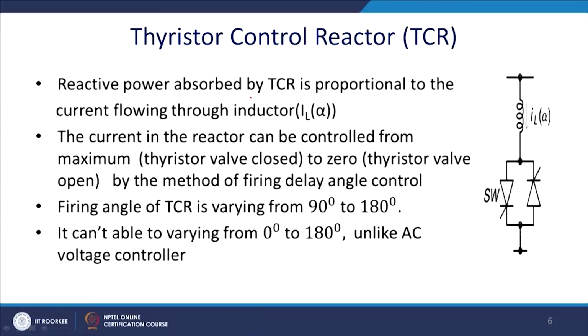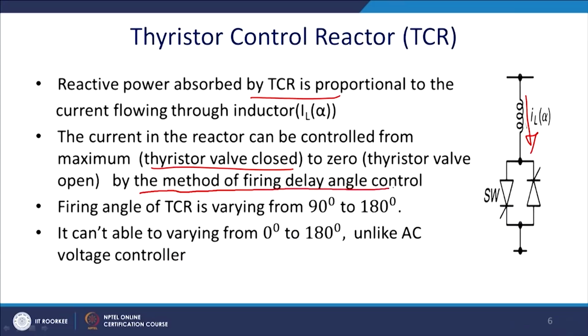Reactive power absorbed by the TCR is proportional to the current flowing through these circuits. So, the more current flows through the circuit, I into omega L will be the voltage, and proportional VAR will be absorbed here. The current in the reactor can be controlled from maximum, with the thyristor closed at 0, to open, that is 180 degrees,